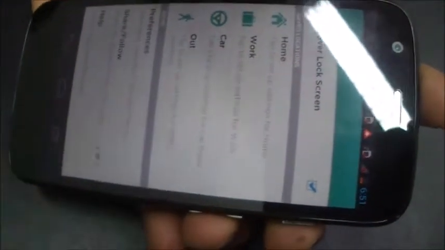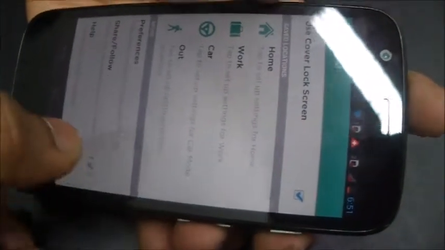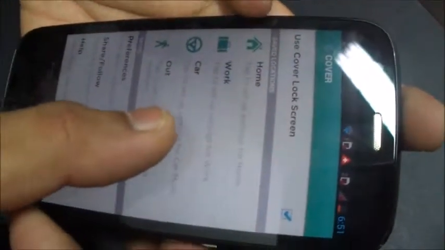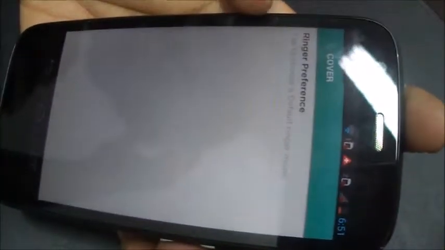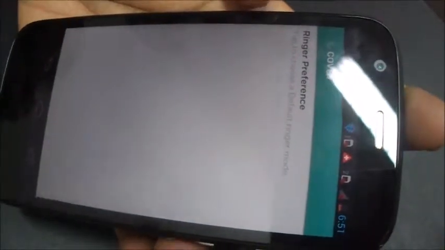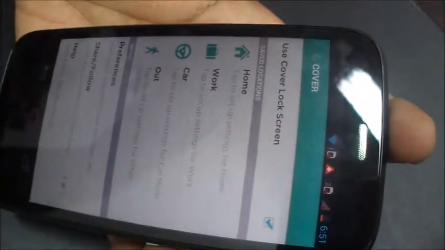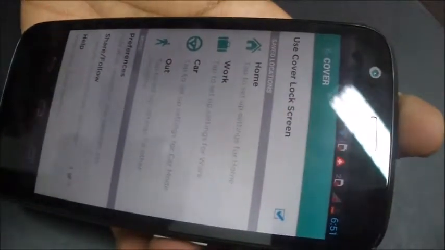what kind of applications you want to see on the home screen. If you want to follow the cover app on Twitter or Facebook, if you want to share it with your friends, if you need any kind of help somewhere. If outside you have some place like the workplace or your friend's home and you want to set that up, you can just click on out and you can set the GPS preference for that.